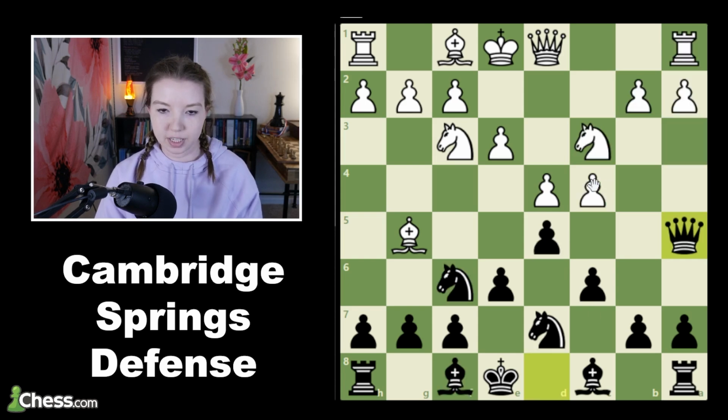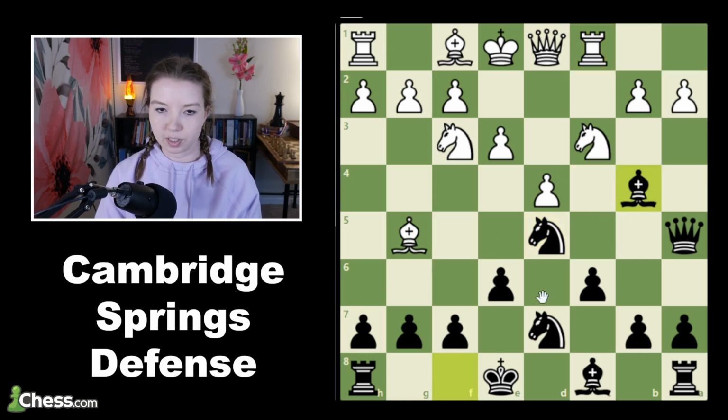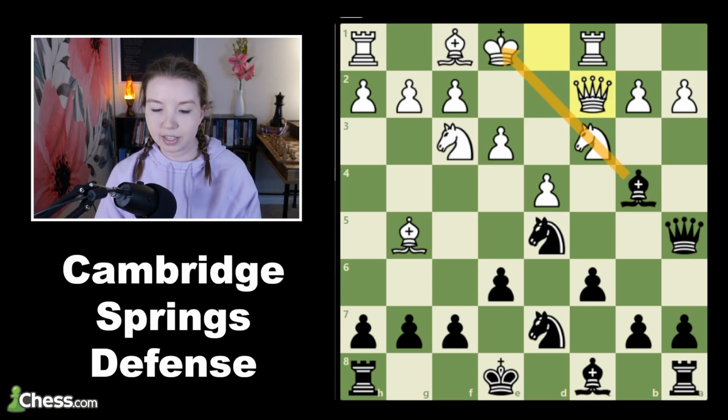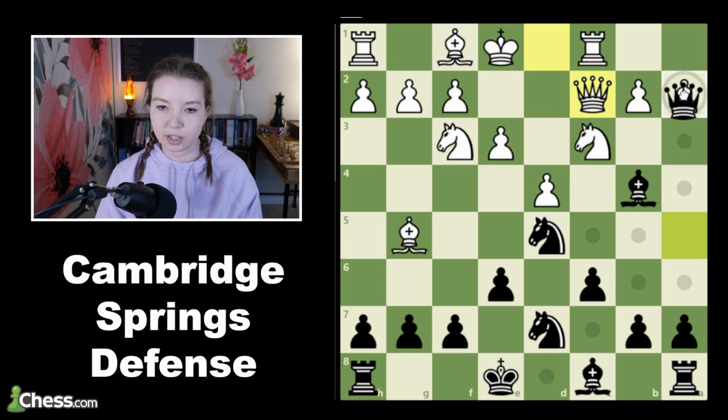Back to this key position again. If white captures in the center and we capture with the knight, and the rook comes in, we bring our bishop out, same thing we just looked at. But instead, if the queen comes down to defend that knight, well, now this bishop is doing the job of pinning the knight to the king, and so we can actually just grab this pawn, and after the next few moves, we can just simplify, trade off our pieces on this c3